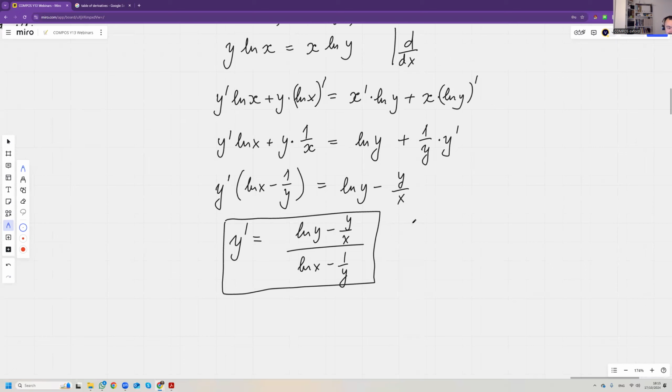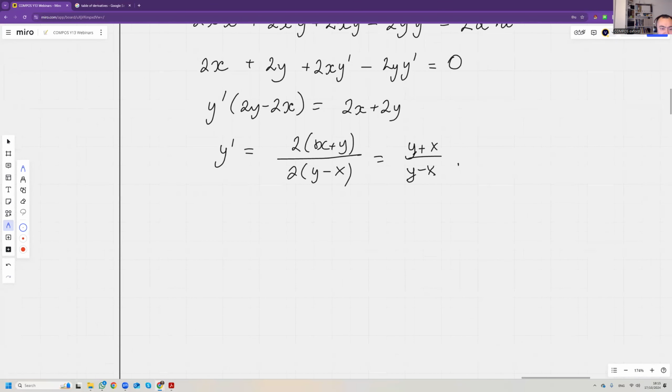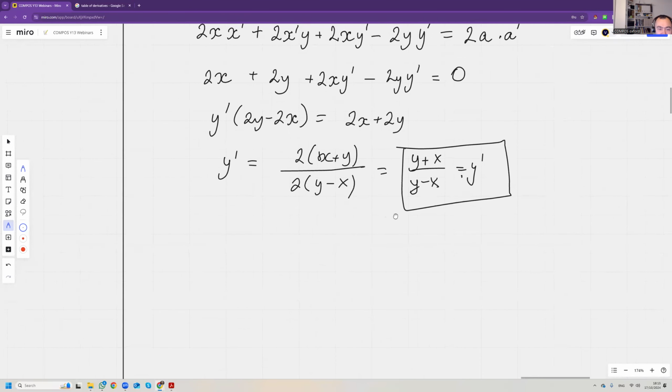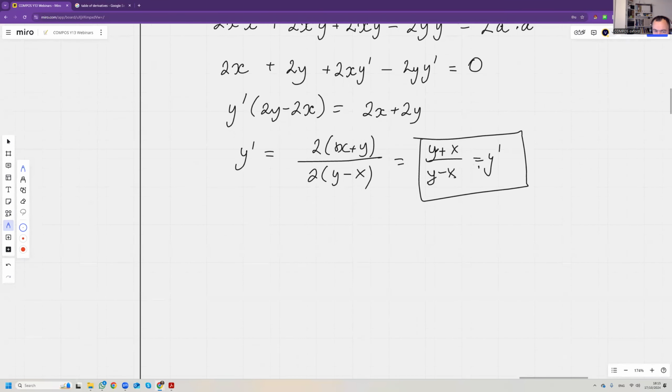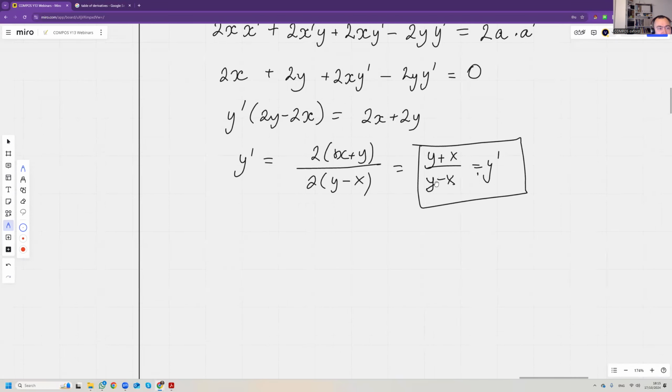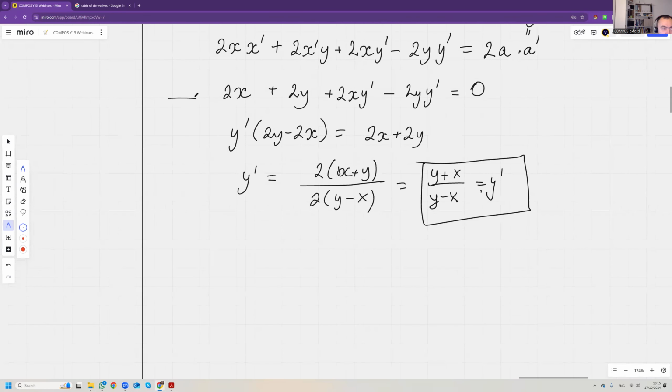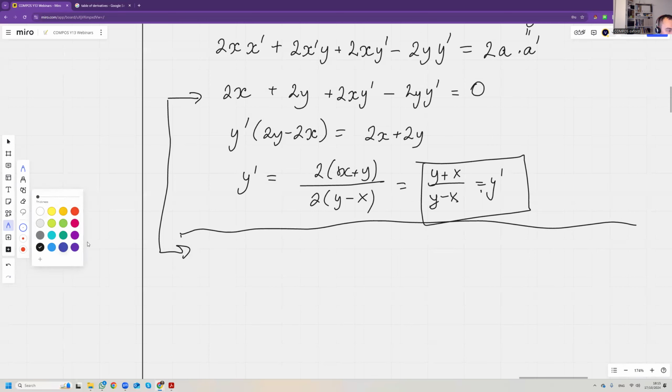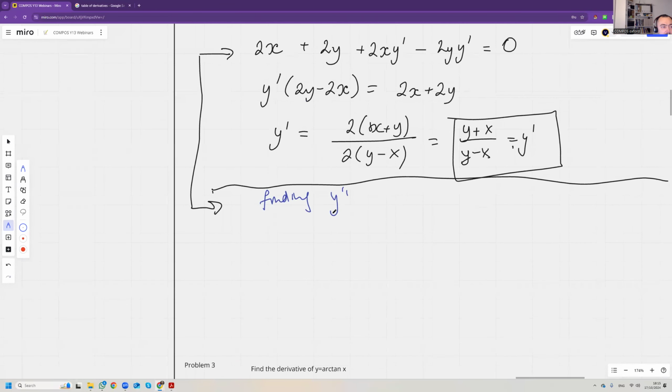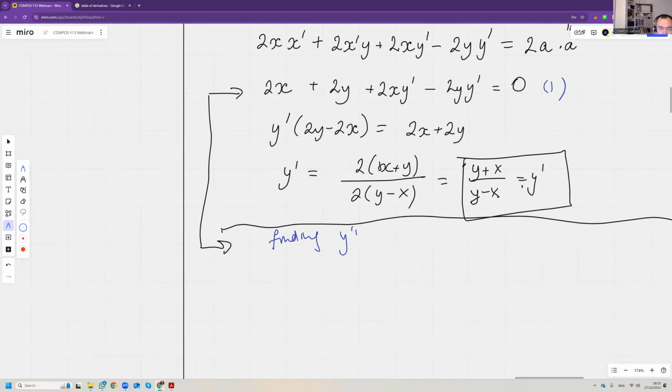Now we need to find the second derivative here. So we found the first derivative, and now we need to find the second derivative. Well, we can differentiate this, but that won't be pretty. So I'd rather go back to here and differentiate that. So finding the second derivative, I take the first equation and I get